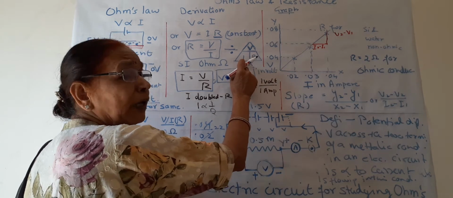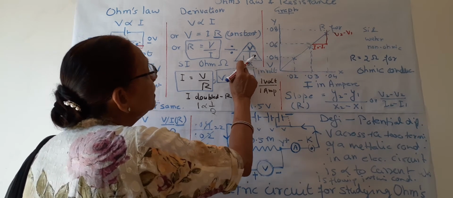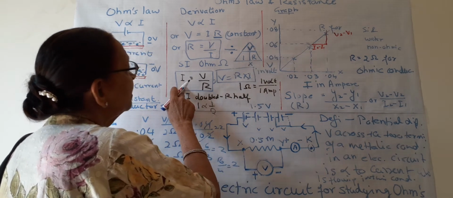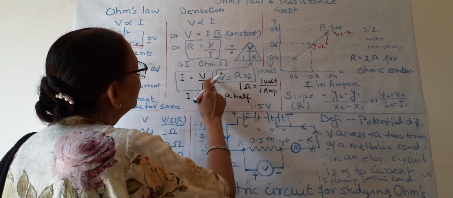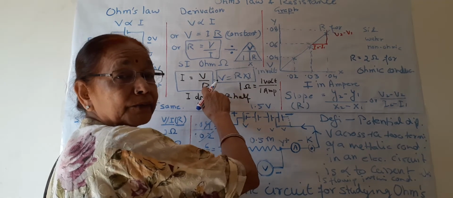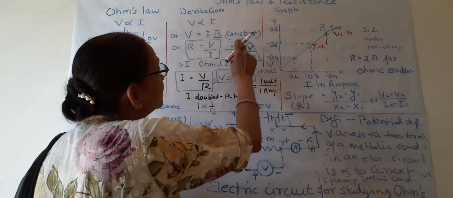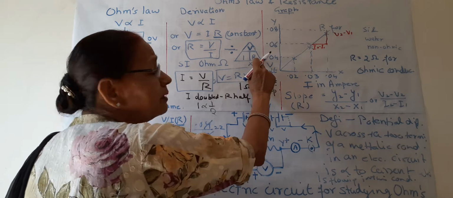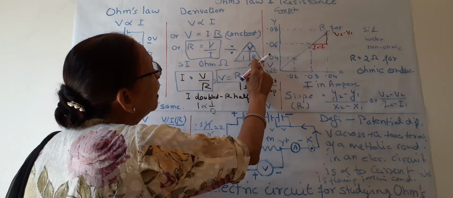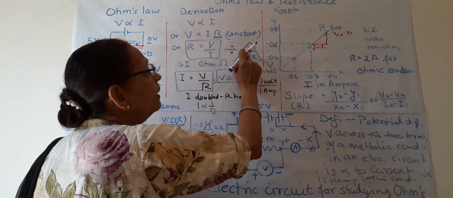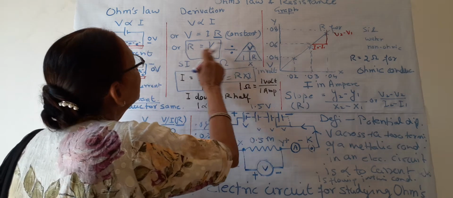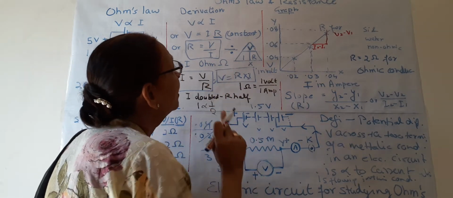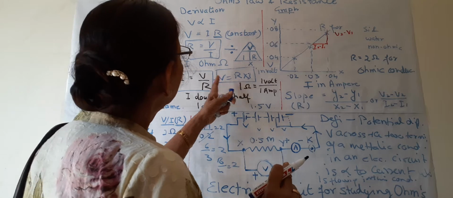If we want to know the value of I, then I is equal to, first we write V divided by R. As written here, I is equal to V divided by R. Are you following this? So this is a simple method to learn all these three formulas. What about R? If we write R, R is equal to, first write V, then divided by I. So R is V divided by I. So this is the triangle for Ohm's law.